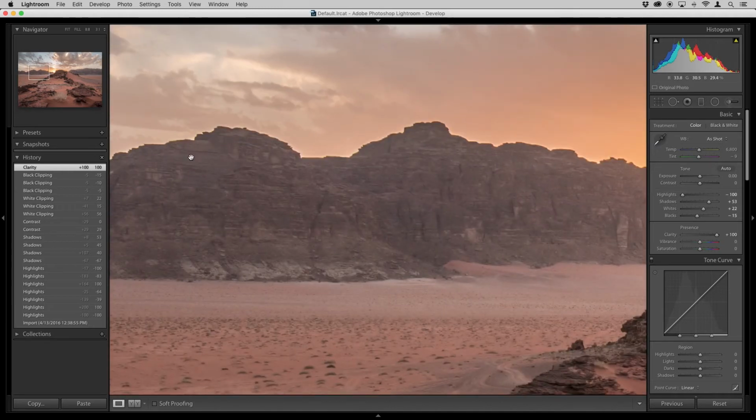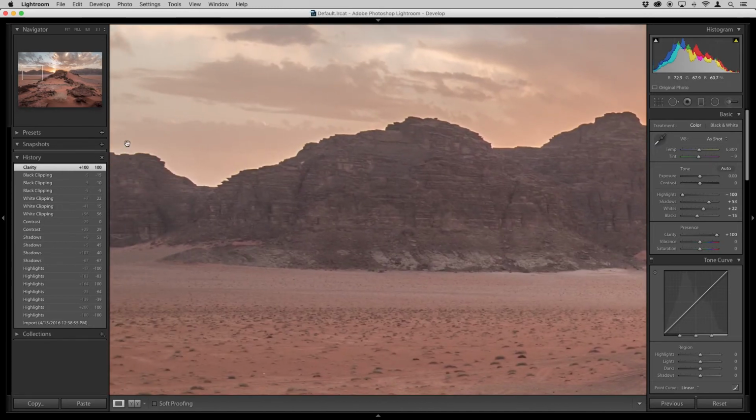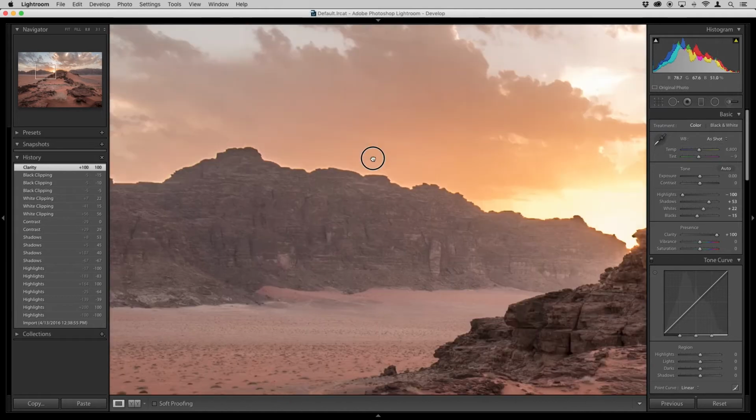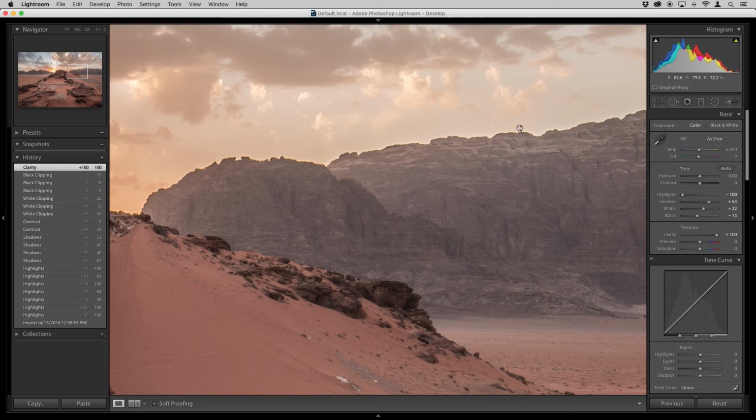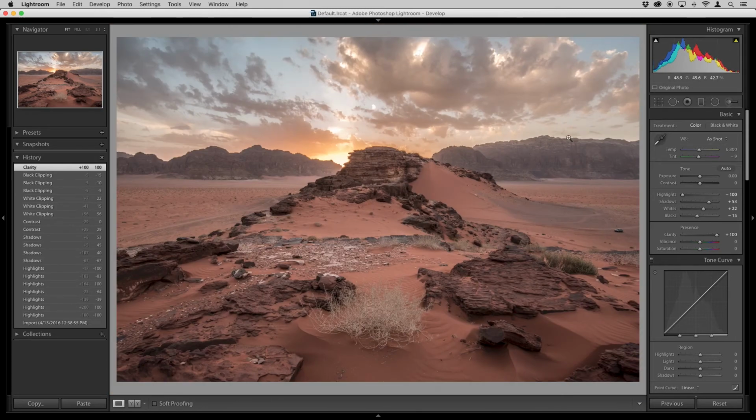And if I zoom in on these hills and mountains in the back, you can actually see a big telltale sign of increased and too much clarity, which is kind of this halo across this ridge here. Basically, this happens when you add too much clarity to an image. You get this kind of white halo across these lines here, and that's not really something that you want in